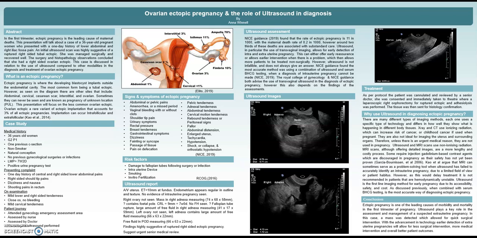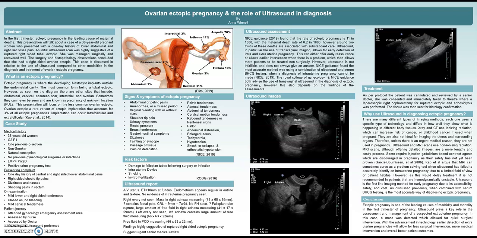Ovarian ectopic is a rare variant of an ectopic implantation that accounts for 3% of all ectopic pregnancies. Implantation can occur intrafollicular and extrafollicular. The case study I'm going to discuss today is patient A. She's a 36-year-old woman, gravida 2, para 1, one previous C-section, non-smoker, natural conception, no previous gynecological surgeries or infections,